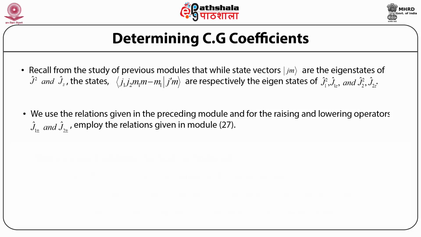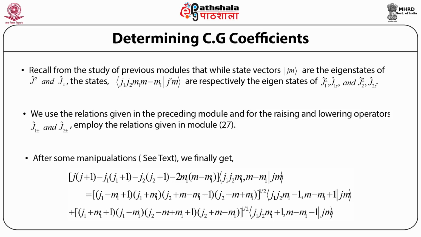And similarly, for particle 2, we can define the raising operator as J2 plus and the lowering operator as J2 minus, and employ the relations given in the earlier discussion. Then, after doing some mathematical manipulations, we can finally obtain the result,